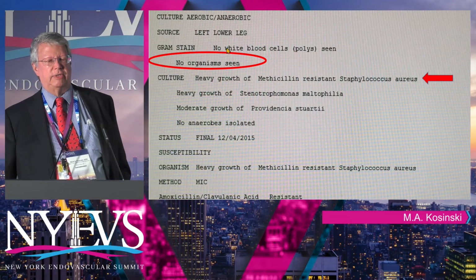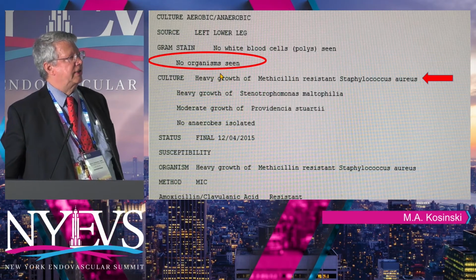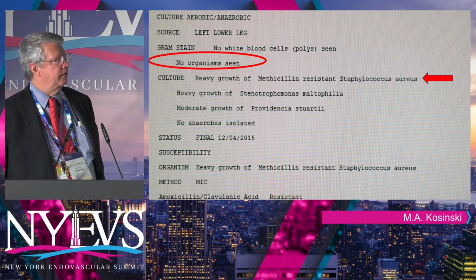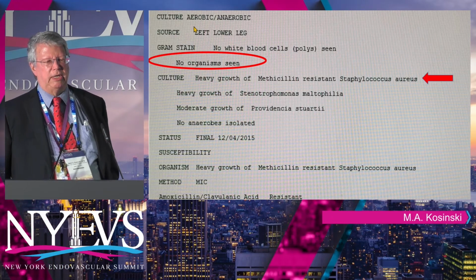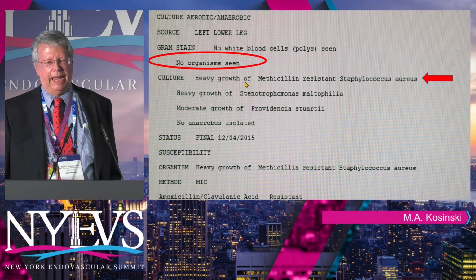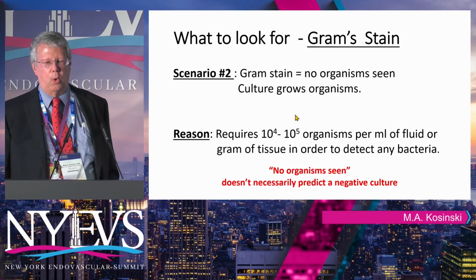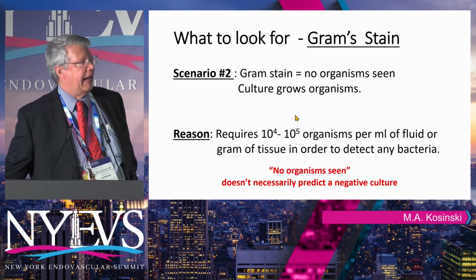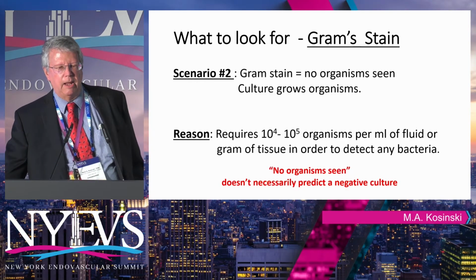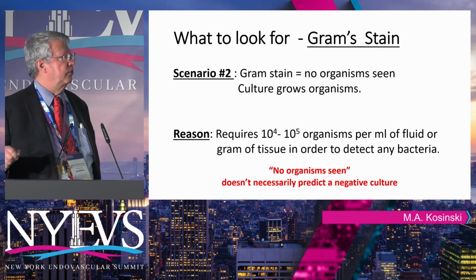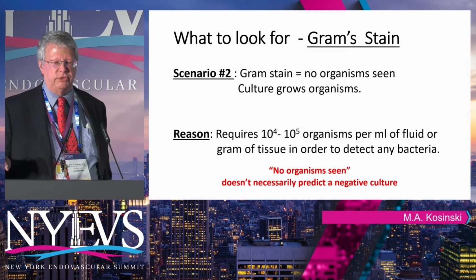Isn't it a surprise to this doc who took a Gram stain, maybe not knowing whether or not this was a sterile abscess, maybe depending upon the Gram stain to either continue or discontinue his antibiotic therapy, seeing no organisms in the Gram stain, and yet seeing a heavy growth of MRSA, et cetera? So why does this happen? It probably happens more commonly because we don't submit a large enough specimen, because you need at least 10 to the 4th or 10 to the 5th organisms per ml of fluid or gram of tissue in order to detect